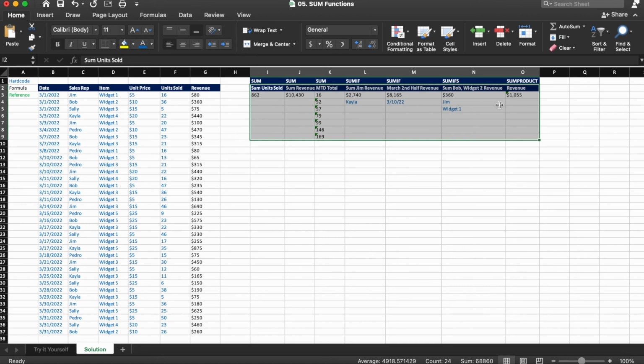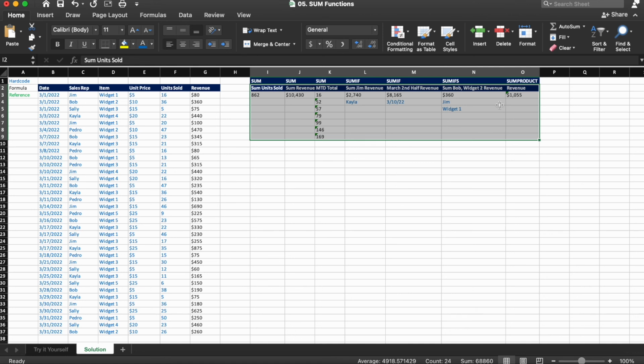And again, this is more of a personal preference, but I tend and encourage anyone that works with Excel, always line up the numbers with the title or the text with the title as a general best practice. So nice job, everyone. You just learned how to use the sum family of functions in Excel. So the sum functions, while basic, are extremely useful. While you might not use them daily, it is a group of functions that will be used fairly frequently. Just like with the comparison operators, the sum functions can be useful alone or incorporated into larger formulas as well.